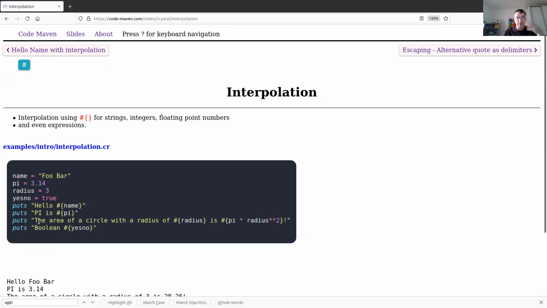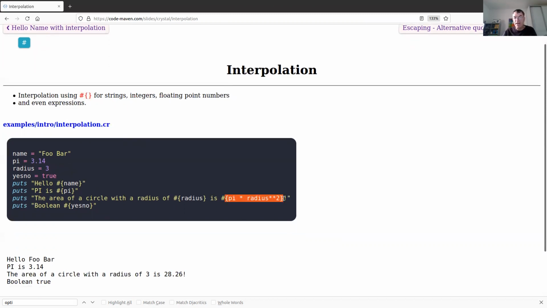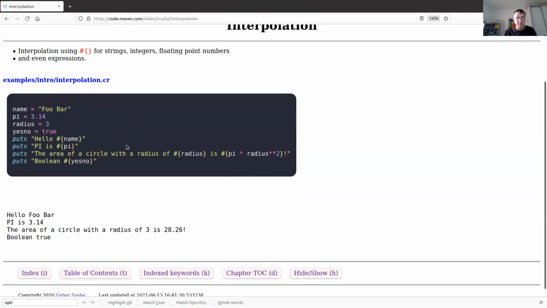And it doesn't matter, there are others as well. It doesn't matter what, you can interpolate them inside the strings, and Crystal will automatically convert them into the appropriate string. As you can see here, I even have an expression. So I have this pi, which is close to pi, and then multiply it by the radius, and take the square of that value, and then it's how it computes the expression, and the result is interpolated